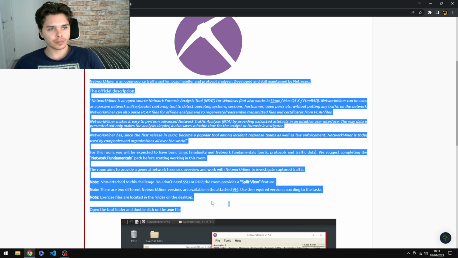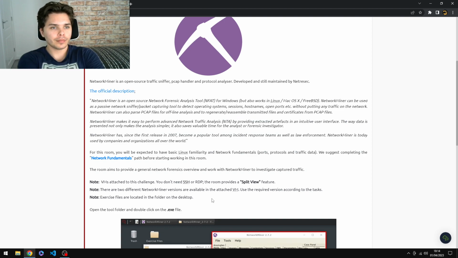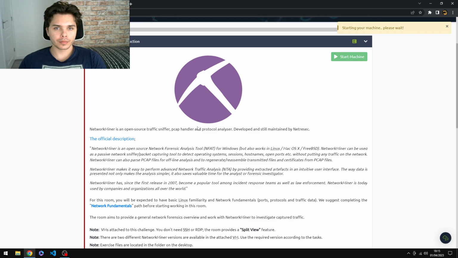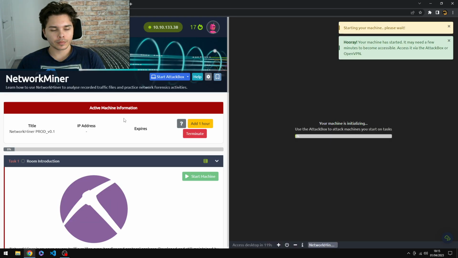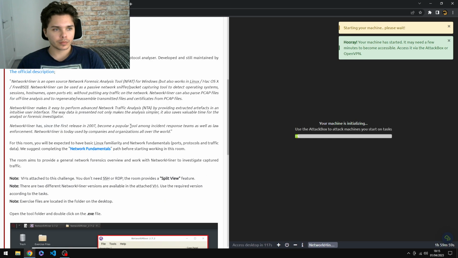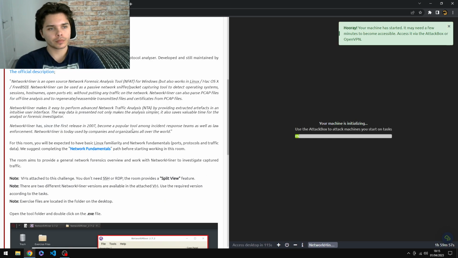NetworkMiner is an open-source traffic sniffer, PCAP handler and protocol analyzer. Developed and still maintained by NETRESEC. The official description: NetworkMiner is an open-source network forensic analysis tool, NFAT, for Windows, but also works in Linux/Mac OS